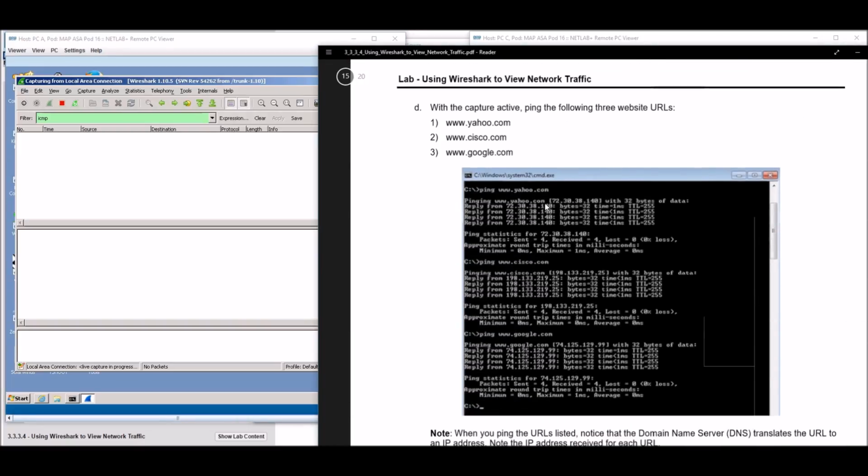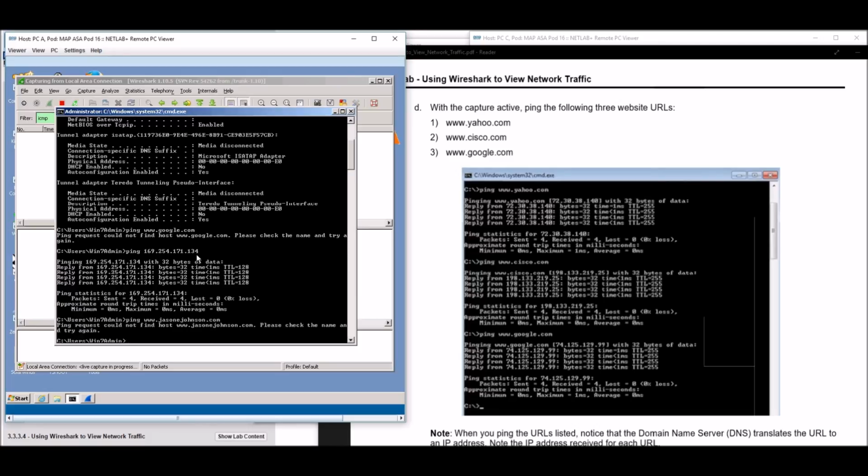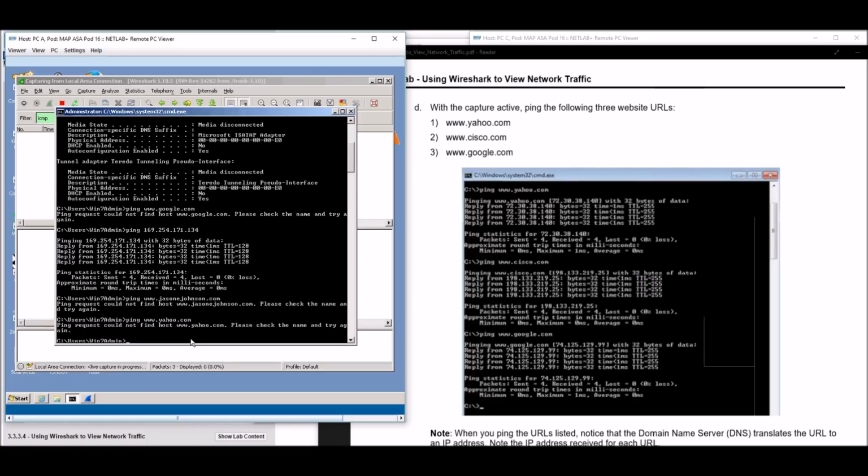And it's wanting us to ping different websites. So we can just come in here and ping my web page. Didn't get anything on that one. So let me see, ping Google. Let's ping Yahoo. Are we not getting any pings going out? Okay, there we go. We can ping Yahoo. Oh, nope, our ping is not working. It's not going out.